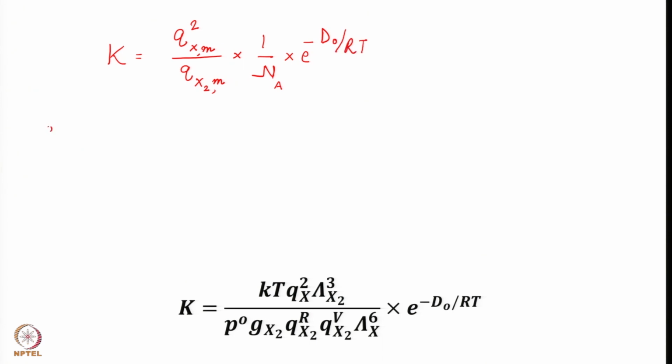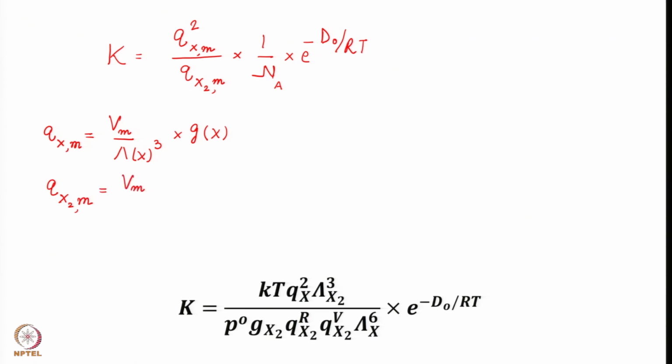Now Qx m is equal to Vm by lambda x cube. Fine. And it will also have a contribution from degeneracy of the ground state. Overall partition function is multiplication of the partition functions. Qx2m is